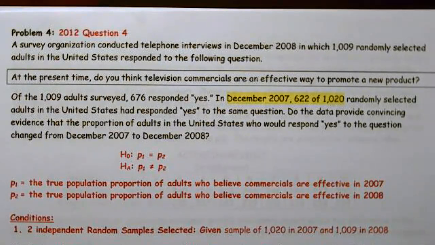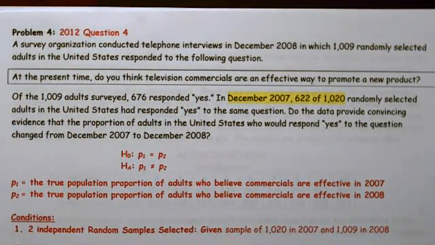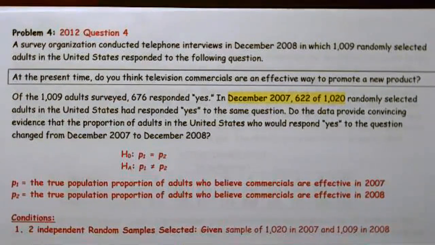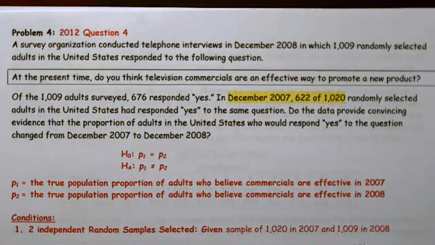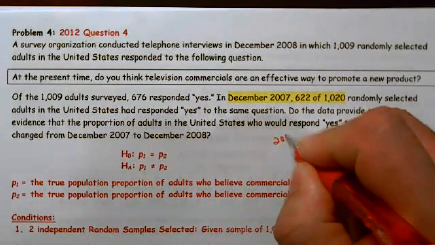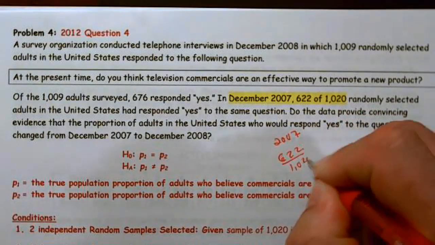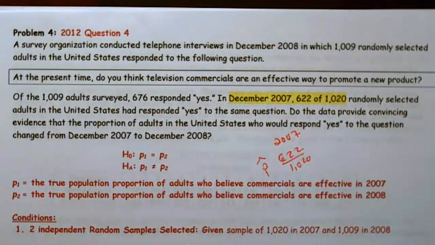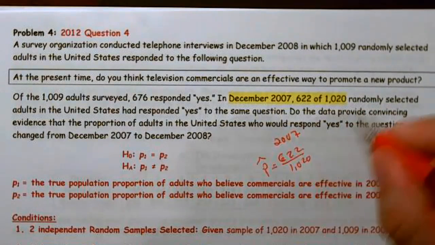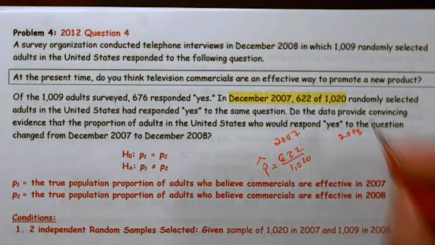Okay, so first off, we're talking about proportions. I didn't mention anything about a confidence interval, so I don't think it's an interval. I believe this is going to be a hypothesis test. I have two different proportions. I have 2007, and I have 622 over 1,020. So that's one p hat. And then for 2008, I have